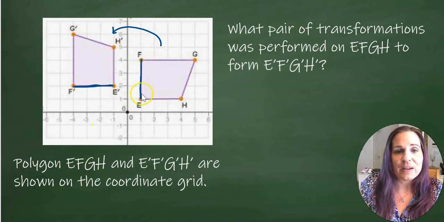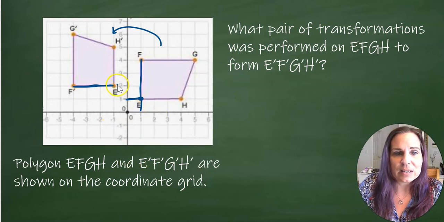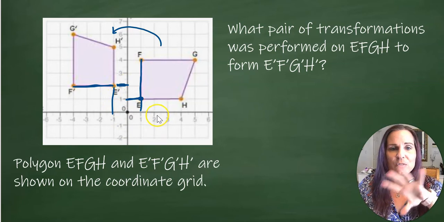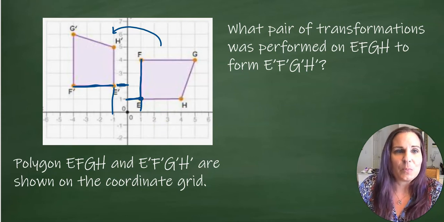But if I look at where E is positioned, it's 1 away from the x-axis and 1 away from the y-axis. This E, though, is 1 away here, but it's 2 away here. So it looks like after I rotate this figure, it's going to end up with